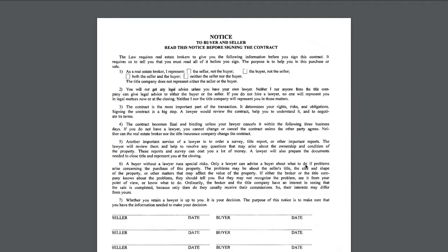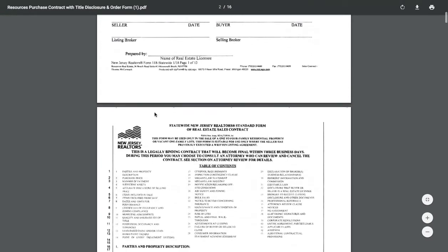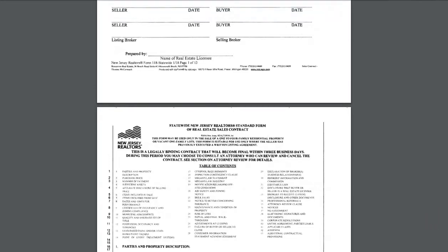This is a training to review the purchase agreement that is used by agents at Resources Real Estate. This agreement is published by the New Jersey Association of Realtors. It's used by many companies, but not all companies. It's not required that you use this version of the contract. However, it is